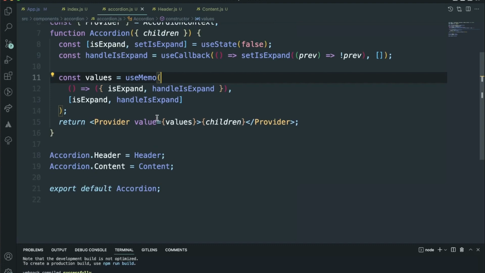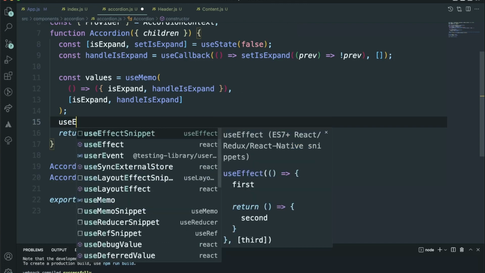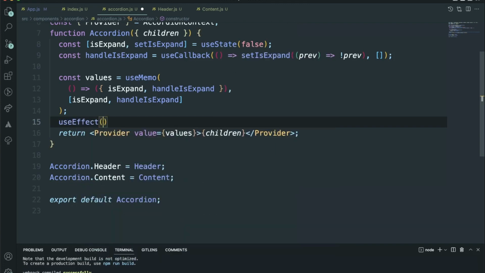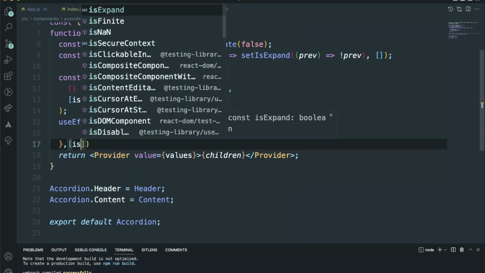and we will try to give a callback. As of now, it is not going to do anything. So to implement that, one way that we can do is use useEffect, and inside the dependency array, we are going to have isExpanded. So basically, whenever the value of isExpanded is true or false, then it is going to trigger, right? Something like this, useEffect, and isExpanded,